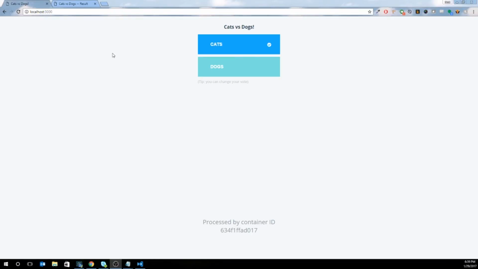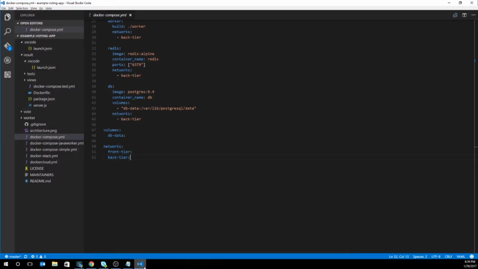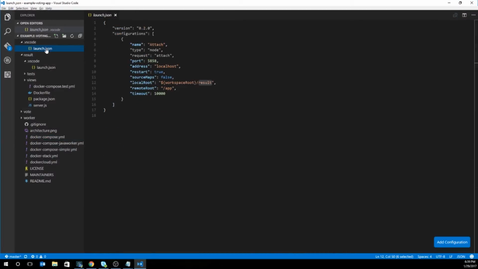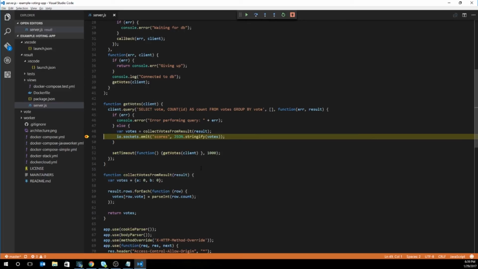Okay, so the app is running. Now let's get in and look at it. Let's attach it to the service and see what's going on in there and make some changes. What I'm going to do is use VS Code's debugger. It has this little launch config, and it's going to attach to the process on 5858, which is our node service. So if I hit F5 here to kick that off,